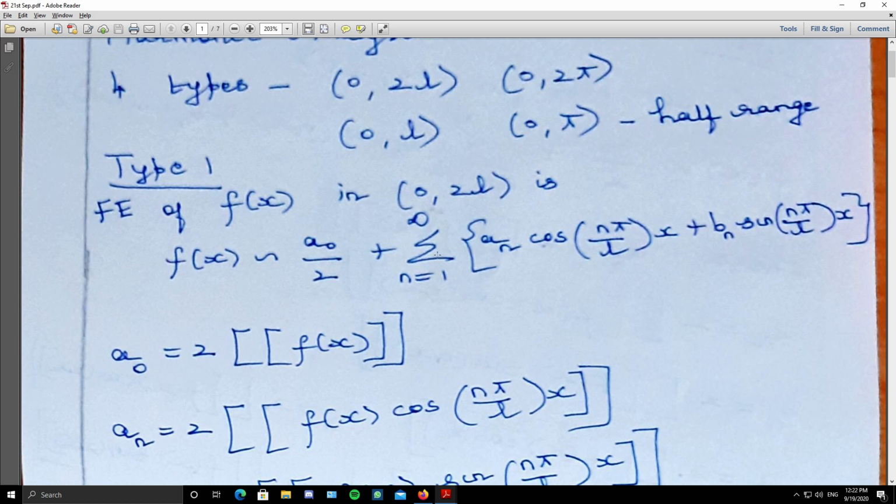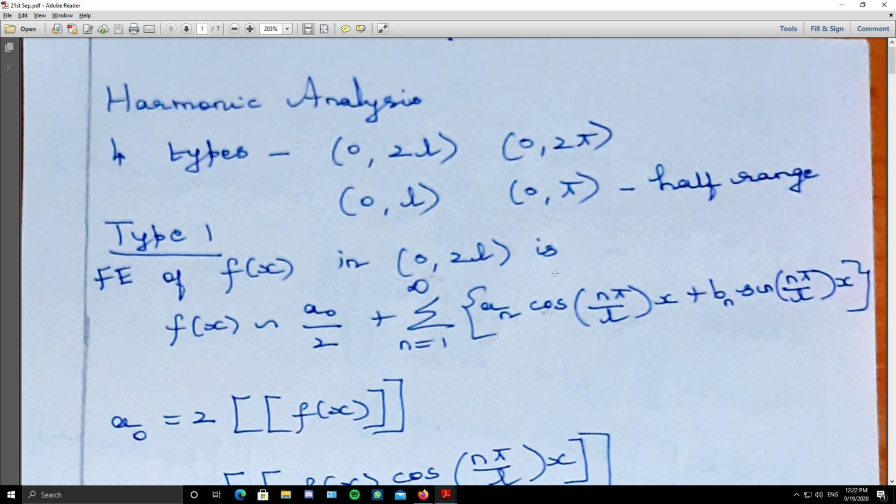In problems you will be asked up to the second harmonic, rarely they ask for the third harmonic. I told you what the nth harmonic is. The an cos term plus bn sine term, this bracket term, is called the nth harmonic. If n is 1, it is called the first harmonic, that is a1 cos plus b1 sine. If n is 2, a2 cos 2 plus b2 sine 2 pi x by L is called the second harmonic. So harmonics occur in pairs. I had discussed this before the test.